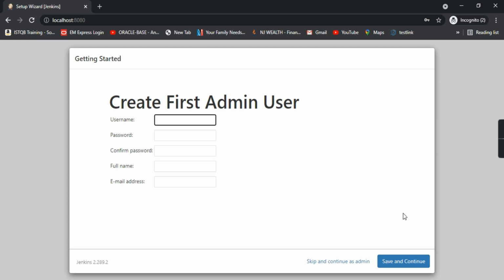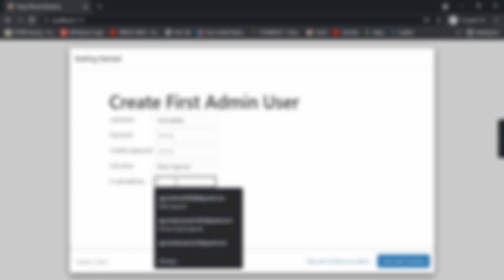Now it is asking you to create your first admin user. You can select any username. Password you can take, confirm password, full name, and email address.